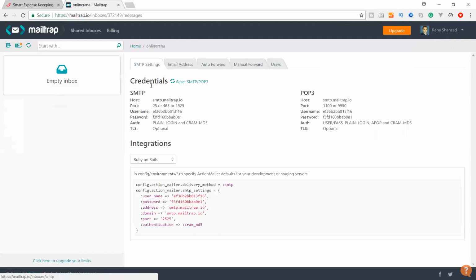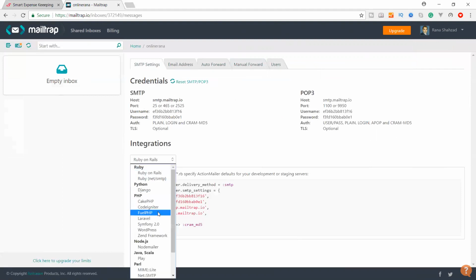We only require the credentials. The host is mailtrap.io, and the port is 25, 465 or 2525. 465 is SSL, and this is a simple one. There is a username and password, and auth is optional, TLS is optional. You can also find the setting for Laravel.